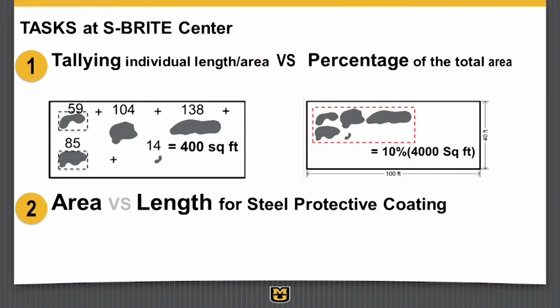We had one inspector that said, well, I tally up all the areas and then I multiply it by some other number that he had invented, because he found from his experience that the actual defects were 20% more than what he could see or something like that. So there's a wide variety of ways. He was the only one that did it that way. It was a secret formula. And so there's a wide variety of how this is done.